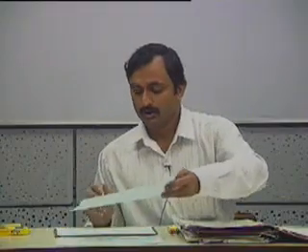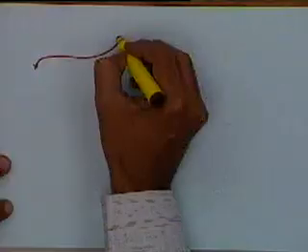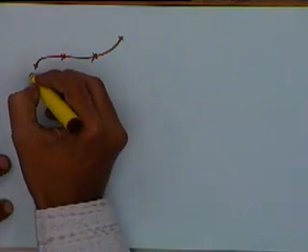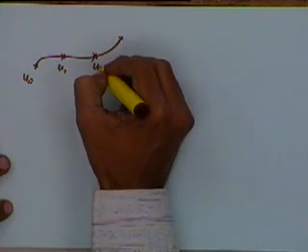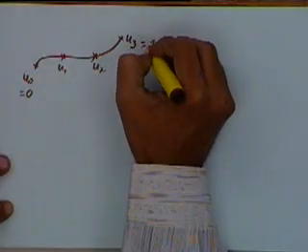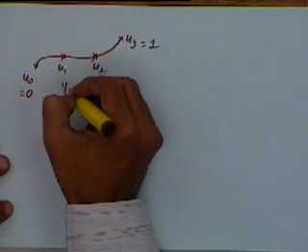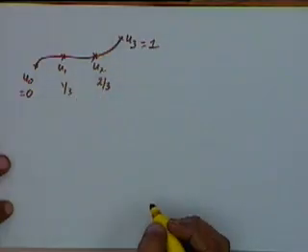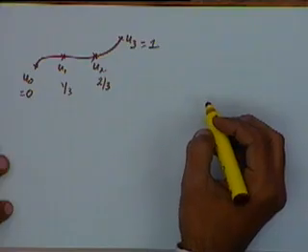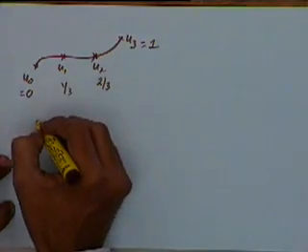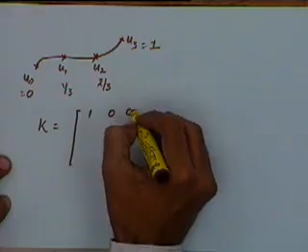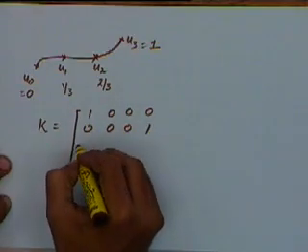Okay, so if I take a curve like this and I say that it will pass through these 4 points, let us say u0, u1, u2 and u3, and I say u0 is equal to 0, u3 is equal to 1, u1 is equal to 1 by 3 and u2 is equal to 2 by 3. I say that these 4 points are equally spaced on the curve. So in that case the K matrix that we will get looks something like this.